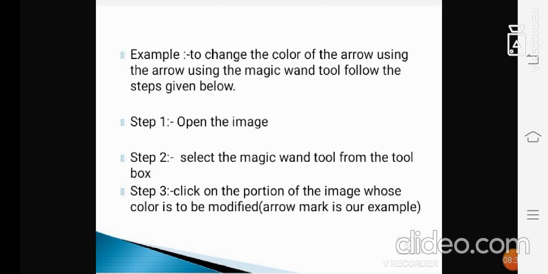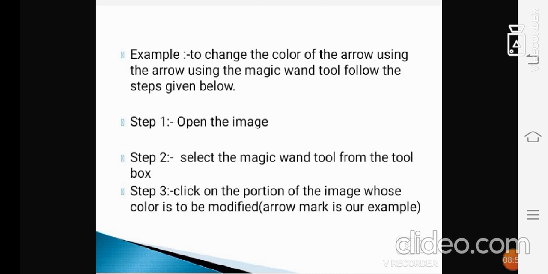Example: to change the color of the arrow using the magic wand tool, follow the steps given below. Step 1, open the image first. Step 2, select the magic wand tool from the toolbox. Step 3, click on the portion of the image whose color is to be modified.